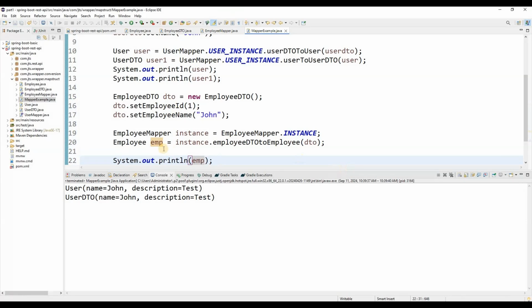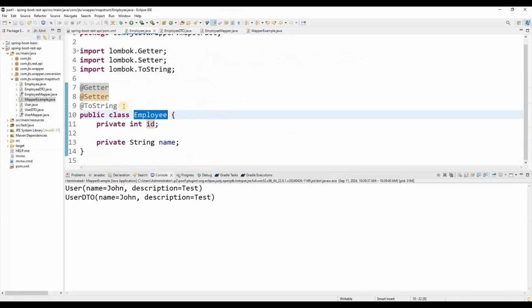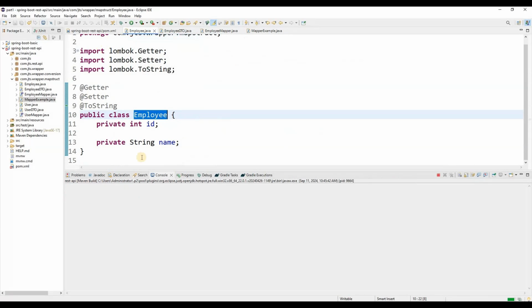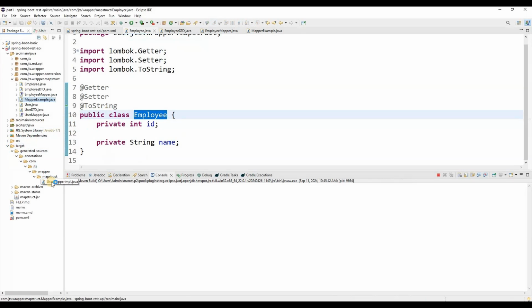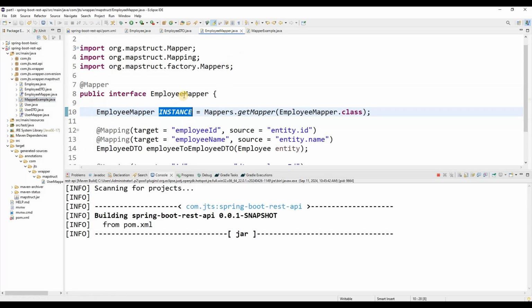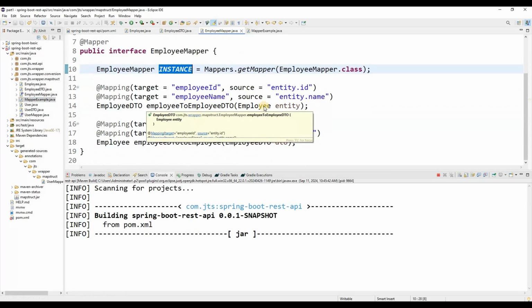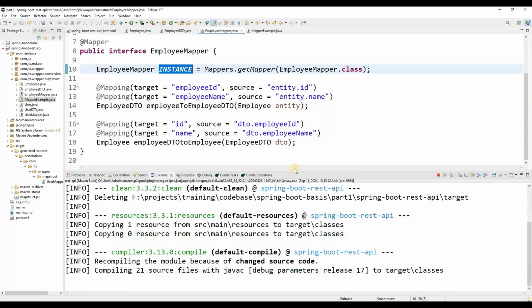Okay, and here we are already having this. Okay, now let's build this one. Once we have built it, we can see currently it's showing only one implementation. Now it will also show another implementation for the employee mapper. Correct? So let's wait for some time just to